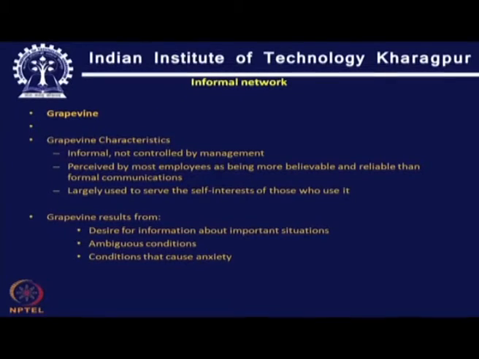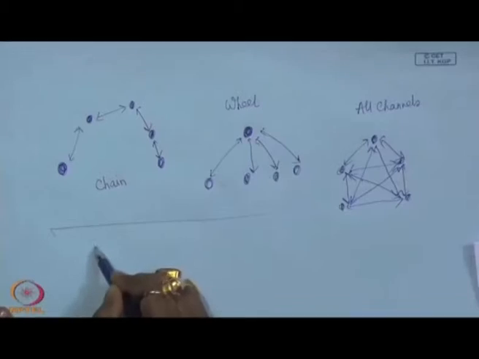When we are talking of informal channels of communication, we are talking of informal networks in communication in group situations, and one of the primary informal networks in the group situation is the grapevine. The characteristics of the grapevine is that it is informal in nature and it is not controlled by the management. So how does it look like? Grapevine looks like